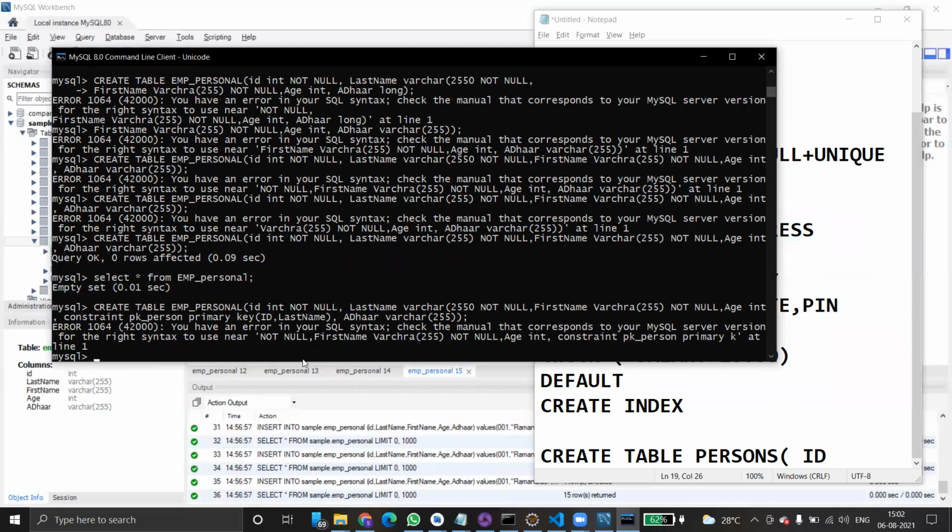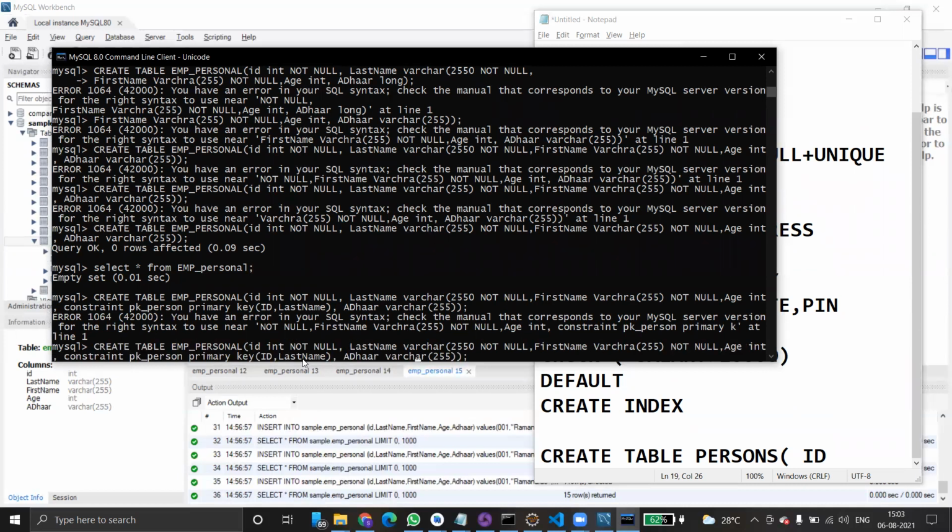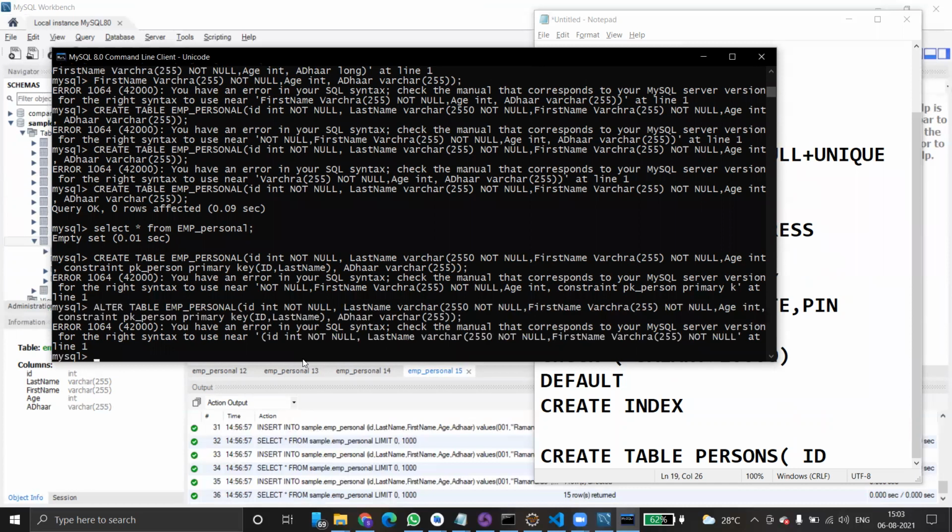Not null, you have an error, it's going to check the manual. Okay, fine. We'll use alter table. We have an error in your syntax.